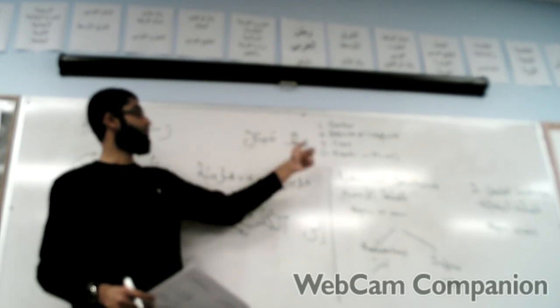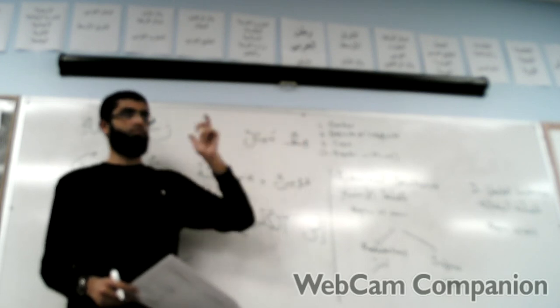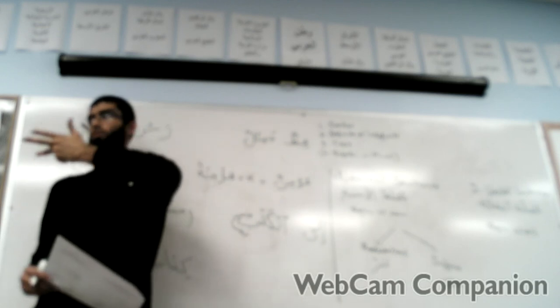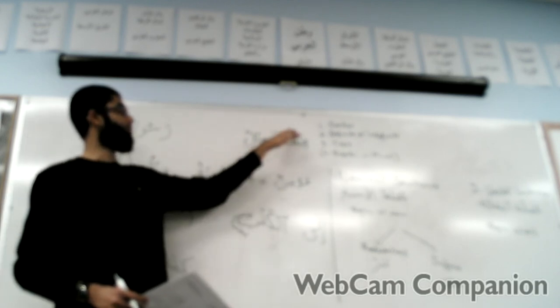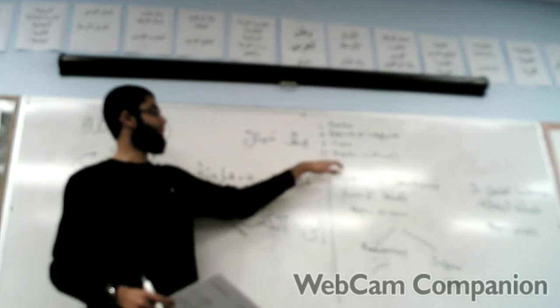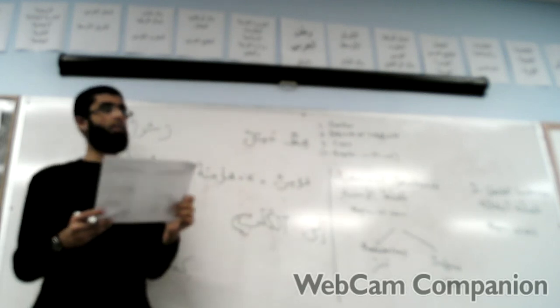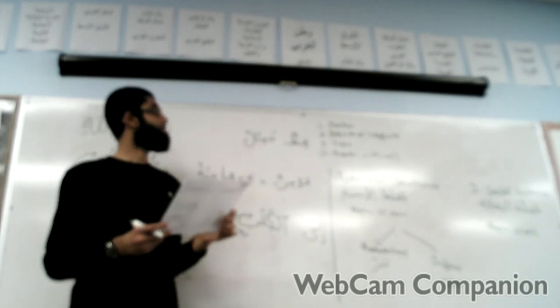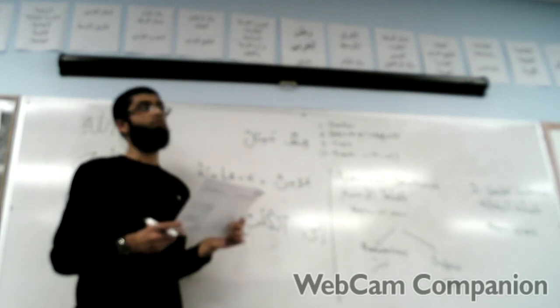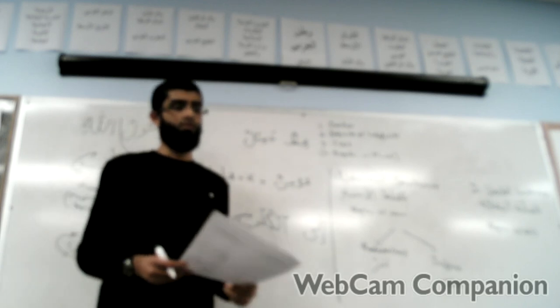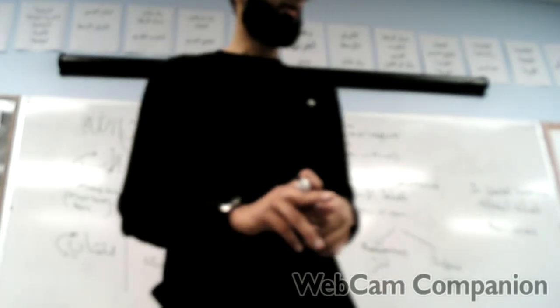And then what case are both of them? Marfu, right? There's both dhammas. And they're both singular. Okay? Jamila, the word itself is a feminine word? No. Oh, okay. It means handsome or nice looking. Alright? So,